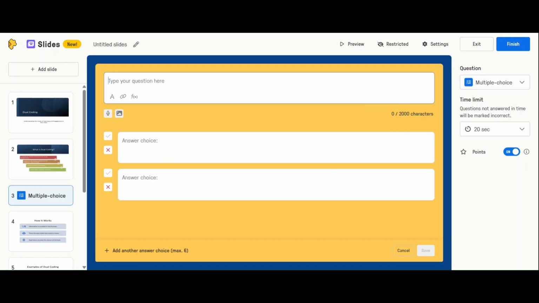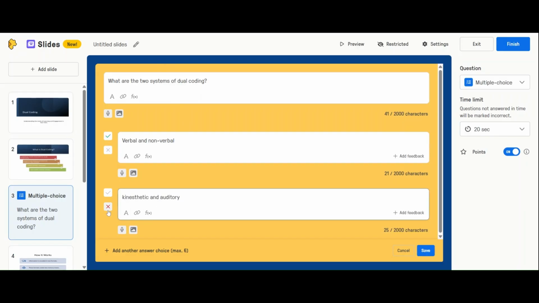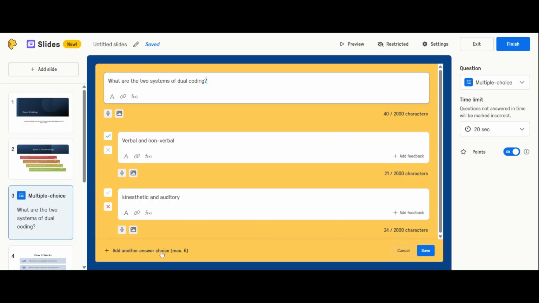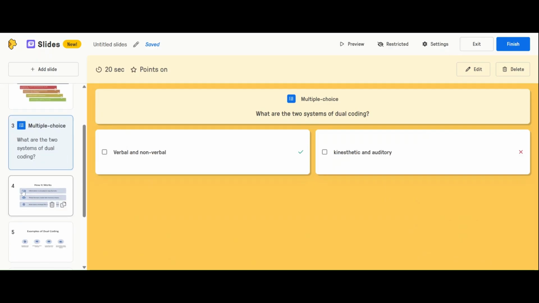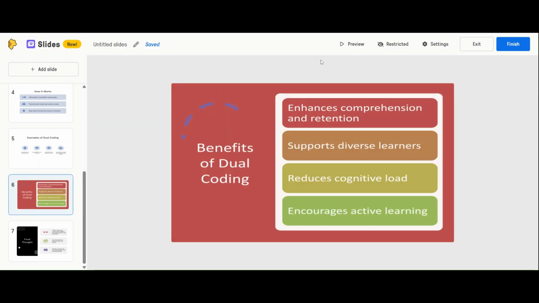And in here, I'm going to ask a simple question. Now I put my answers in and then select the right answer and select the wrong answer and then hit save. I can add more options if I want just by clicking add another answer choice. And then now my slide is there. I can go to another slide and